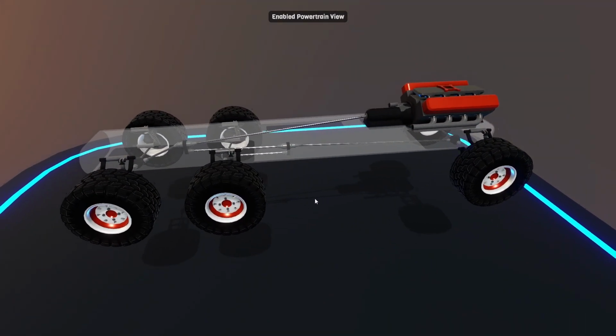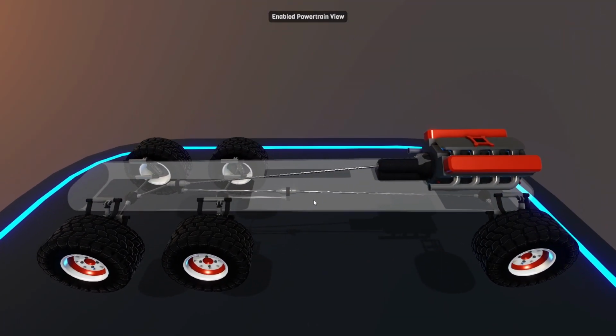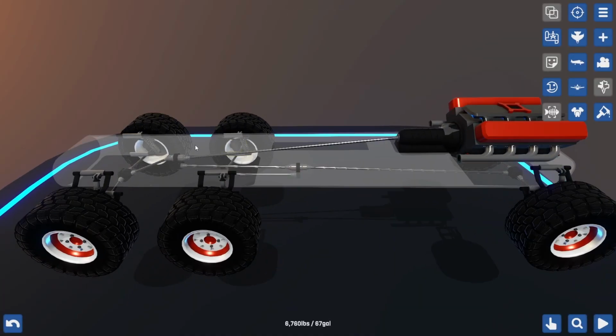So, depending on how they have this game programmed in, the way this is set up, since I've had to use these transfer cases for this, we're going to have 100% of our power coming off of this transmission, right? And then it's going to go into this transfer case here, and it's going to split that power 50-50. So 50% of the power is going to go to these rear wheels, and then the other 50% is going